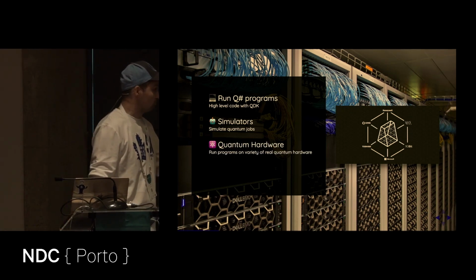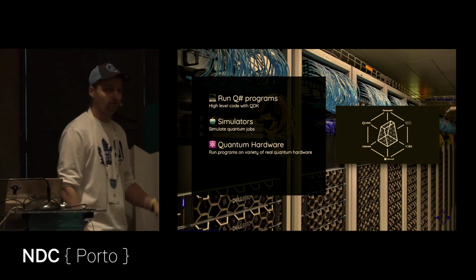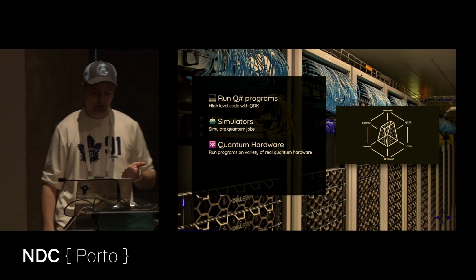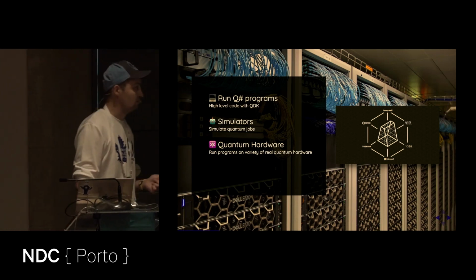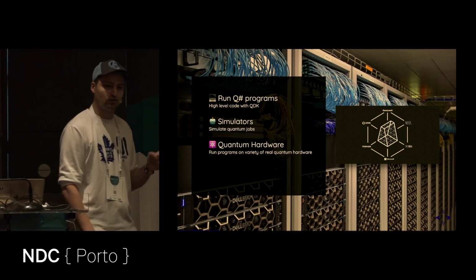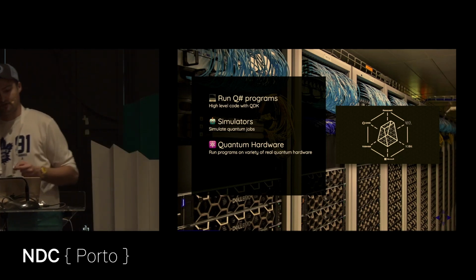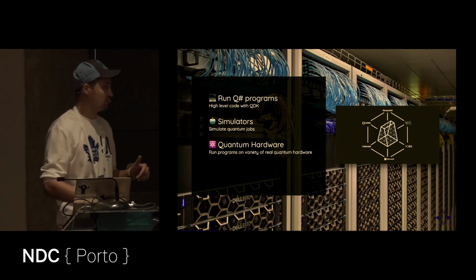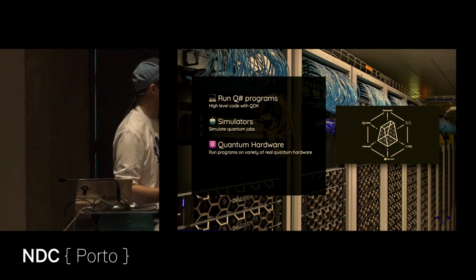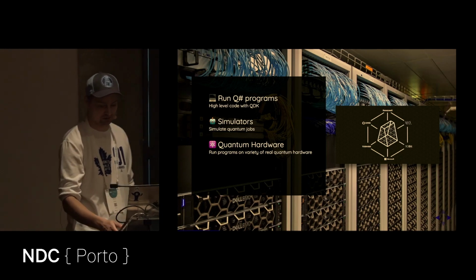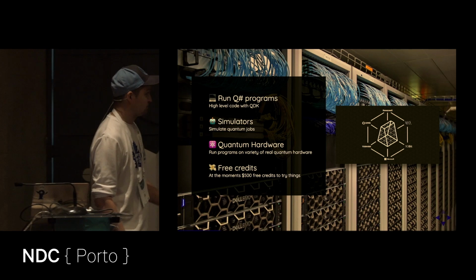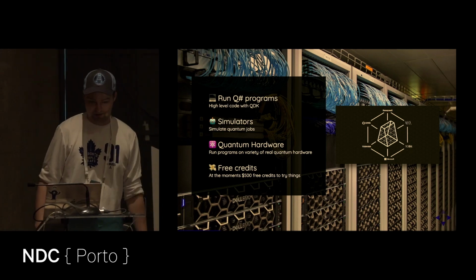Now, of course, you can access real quantum hardware as well. At the moment, there are two hardware providers in Azure Quantum. One is called IonQ, and the other is called Quantinuum. Both are startups that are building quantum computers using the so-called trapped ion technology. There is no first-party hardware from Microsoft yet, but it is not unreasonable to expect that this will happen in the future, that Microsoft will have its own hardware as well. And you get free credit, so at the moment you actually get $500 just to play around,